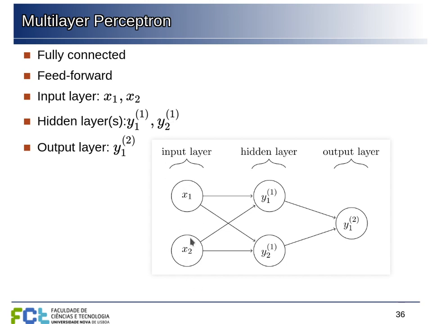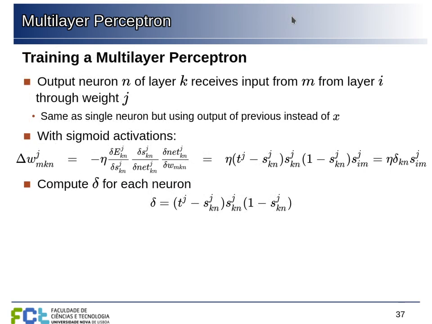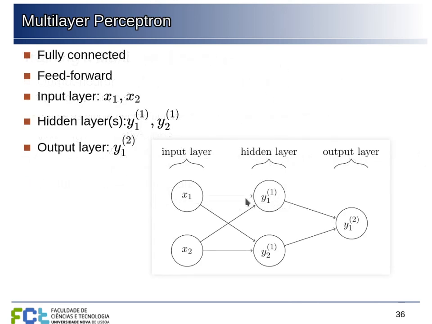This is the input layer where we put the vector with the input values. The hidden layer is here. These are 2 neurons whose outputs are not directly observable by us. They are inside the network. And then these feed into the output layer, which is this single neuron that receives the output from those other 2. So now to train this, we do the same thing.